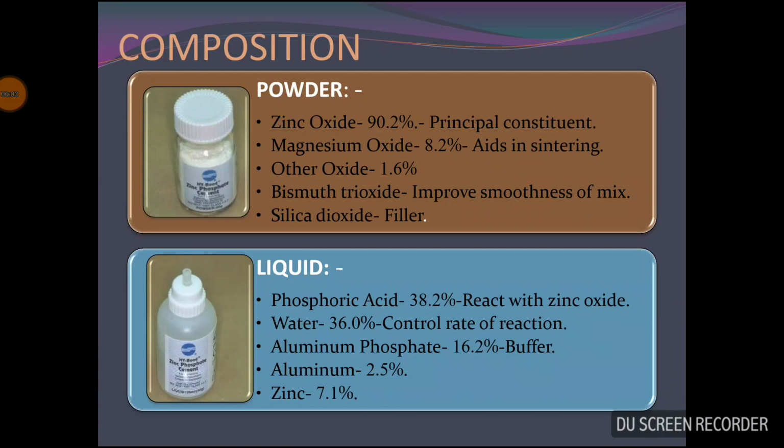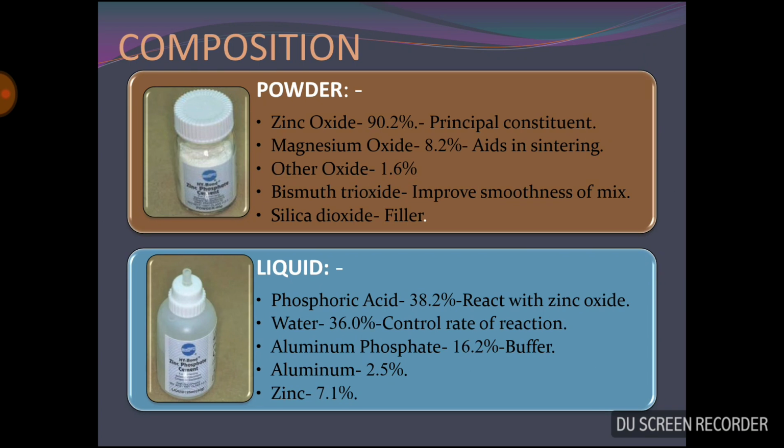Let us now look at the composition of zinc phosphate cement. Powder form: it consists of zinc oxide, which constitutes 90.2% of the powder, and it is the principal constituent. Then comes magnesium oxide, that is 8.2%, which aids in the sintering reaction, and other oxides are 1.6% of the total powder, like bismuth trioxide, which helps in improving the smoothness of the mix, and